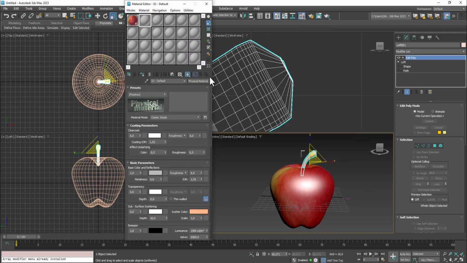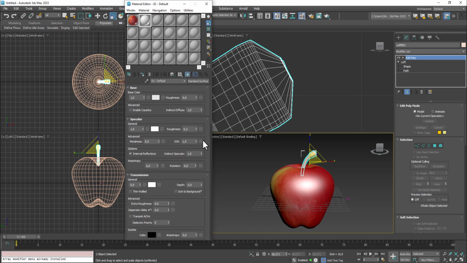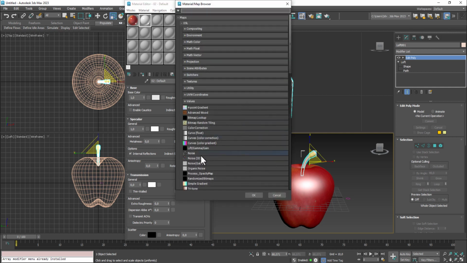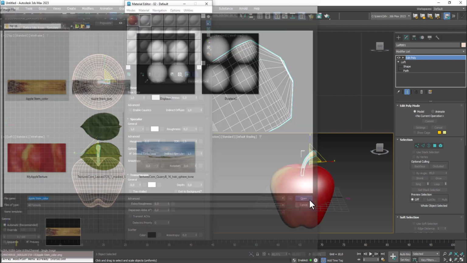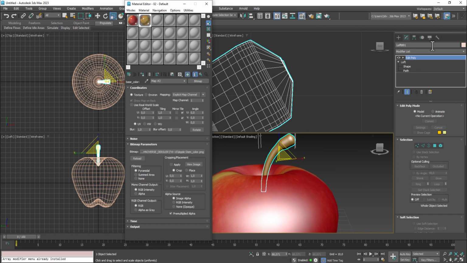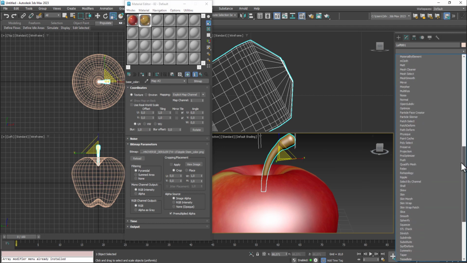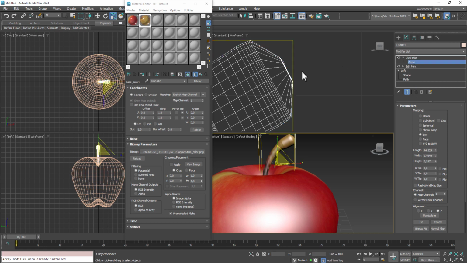and select standard surface and bitmap and select this material and assign. We have to add UV map, UVW map, and maybe box, and we can control